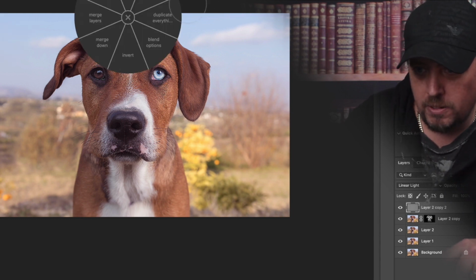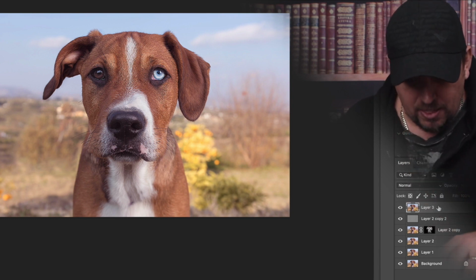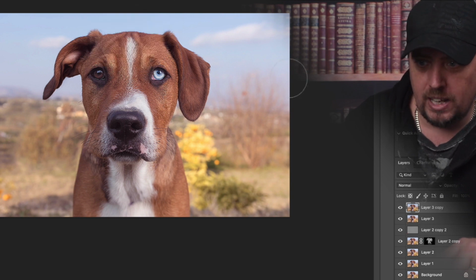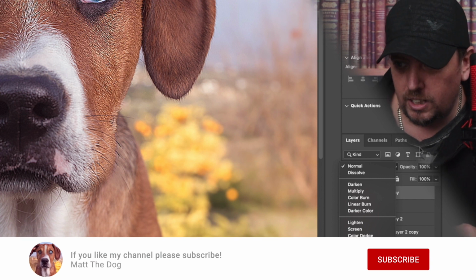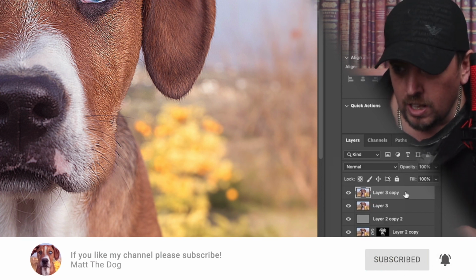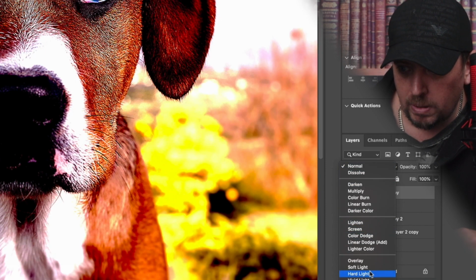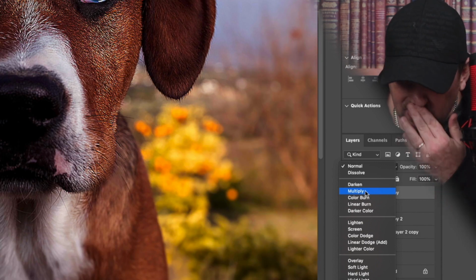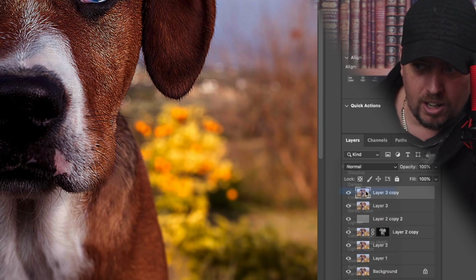And what I'm going to do now is duplicate everything again. So everything that's underneath that layer, all of that is now existing in one layer, that's layer 3. And now I'm going to copy that layer 3. So now I've got 2 layers to work on to do my darkening and highlighting, really give you that HDR look. So layer 3 copy, I'm going to go down to multiply. Multiply is just underneath darken. So in my layer blend mode, I'm going to darken the image, so multiply just underneath darken,